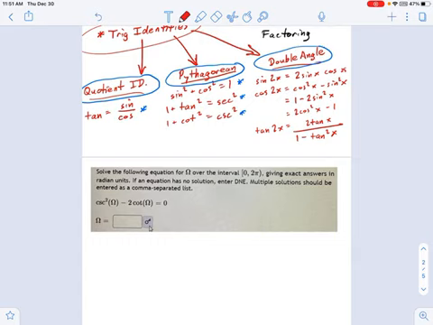So the cottage cheese identity says, if we make this substitution, 1 plus cotangent squared omega minus, okay, so that's cosecant squared, minus 2 cotangent of omega equals 0. And that just means cotangent squared of omega minus 2 cotangent of omega plus 1 equals 0. So great. And if you want to go on and factor that, you can find some solutions and that'll be fine. Yeah, this is going to work just fine. So you could solve this by factoring.